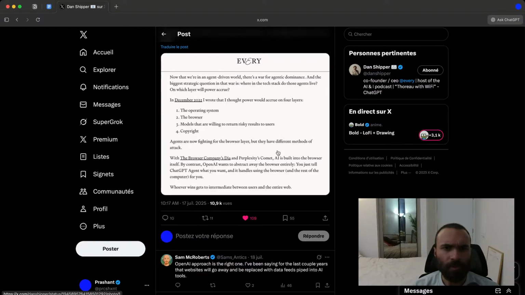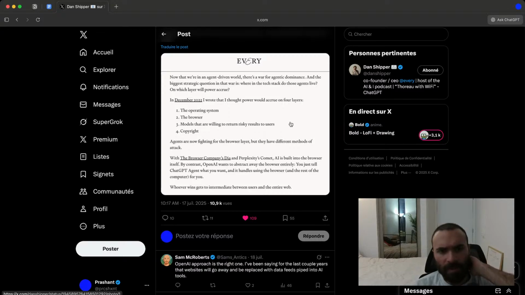Now that we are in an agent-driven world, there's a war for agentic dominance, and the biggest strategic question in that war is, where in the tech stack do those agents live? On which layer will power accrue? In December 2022, I wrote that I thought power would accrue on 4 layers: the operating system, the browser, models that are willing to return risky results to users, and copyright. Agents are now fighting for the browser layer, but they have different methods of attack.